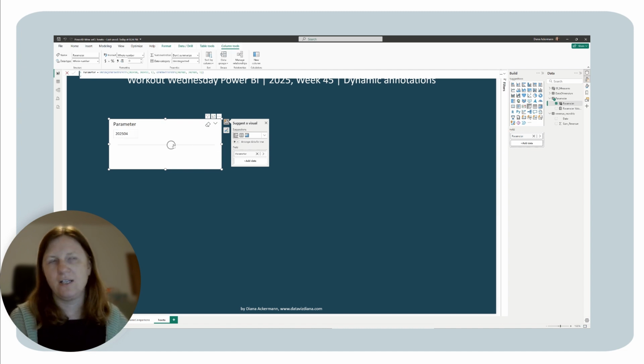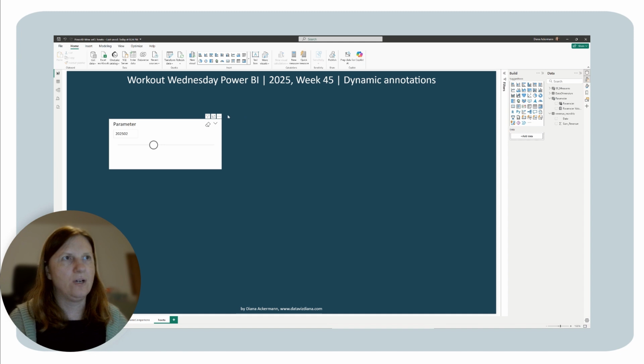Unfortunately that is not possible to have a date slicer to be able to have this one value slicer here. So we need to go with